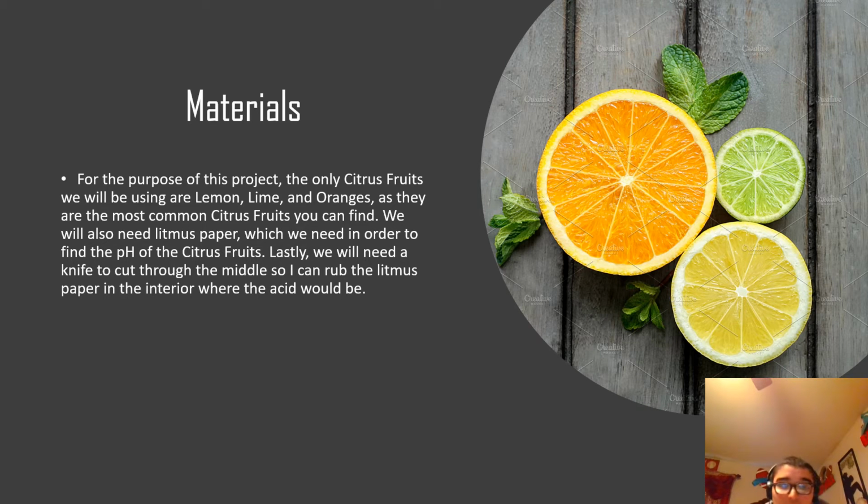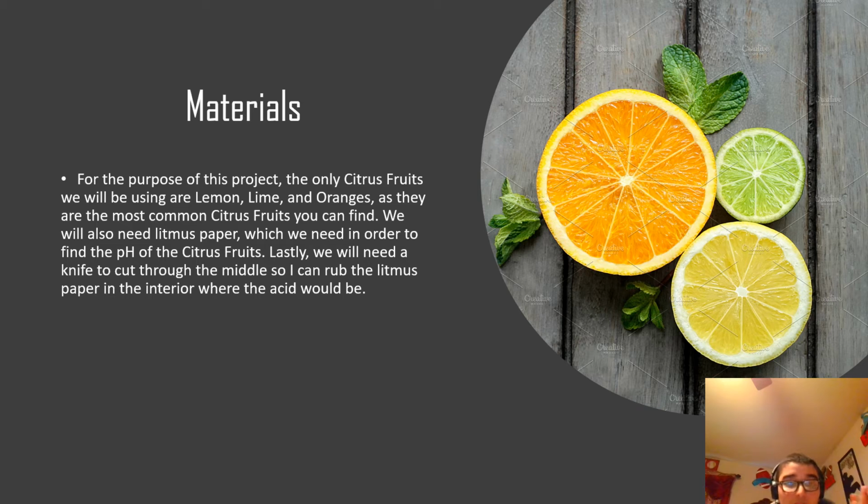Now, for the purpose of the project, we're going to need only 3 citrus fruits, which would be lemon, lime, and oranges, because we can find them in basically any store in almost every country. We're also going to need litmus paper, which will be used to find the pH of the citrus fruits. In order to use the litmus paper, we're going to have to rub the paper on the fruits themselves. We're going to have to cut through the interior, like the picture you see here, so that we can get